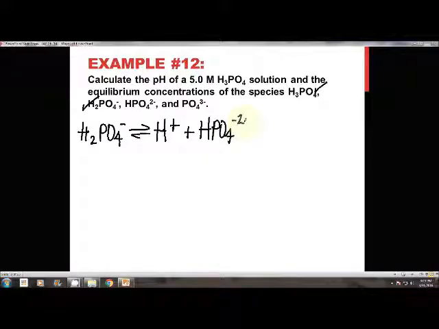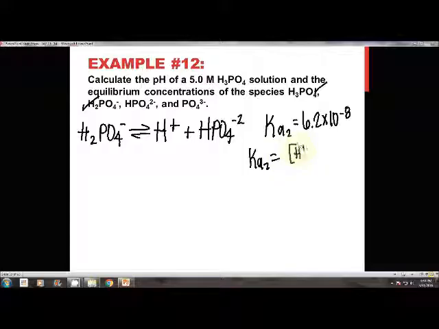Okay, and the Ka for that, by the way, so that I don't forget, we're going to label that Ka2, is 6.2 times 10 to the -8. Okay, and we can go ahead and write our Ka expression. Ka2 is equal to H plus times HPO4 minus 2 over the concentration of the